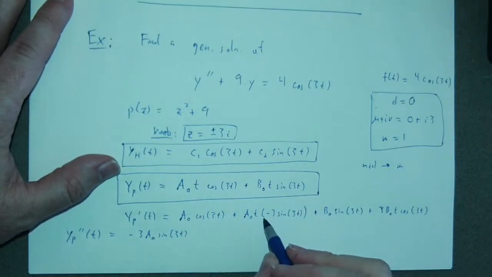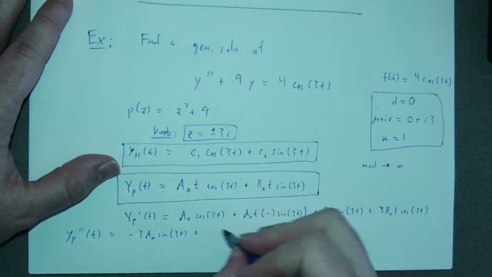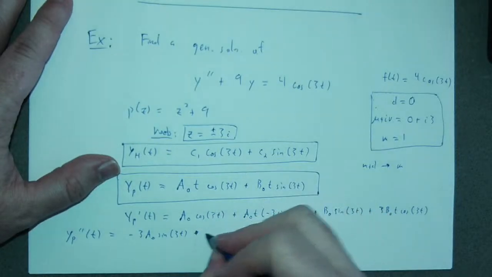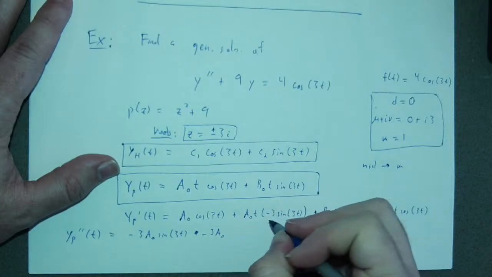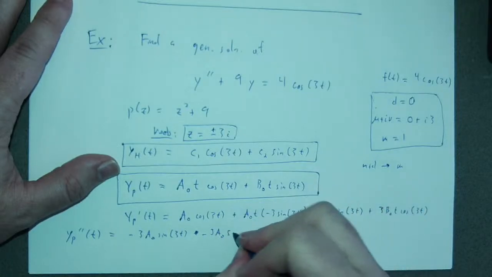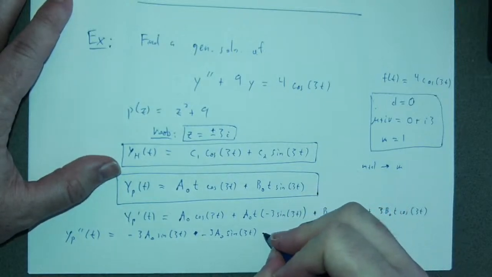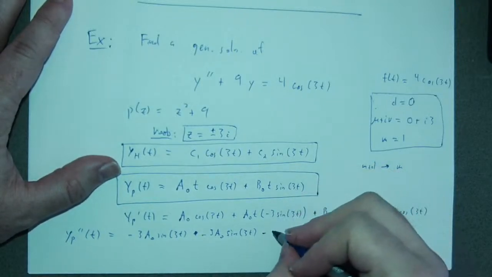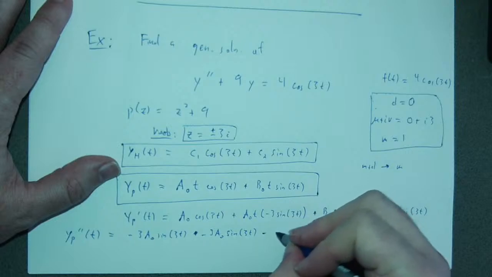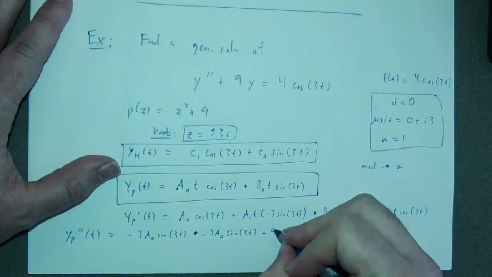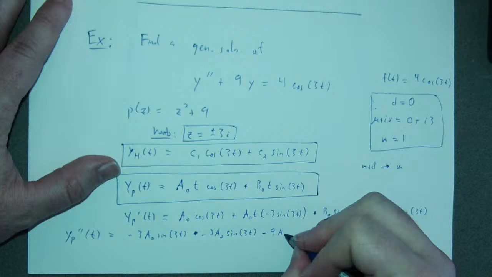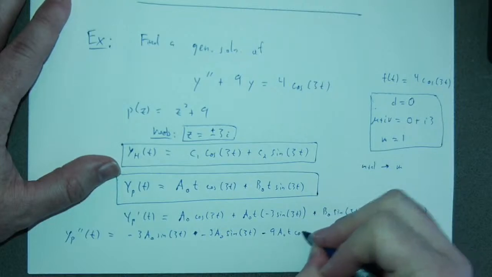So I would get, or maybe I should say minus, 3a naught sine of 3t minus 9 a naught t cosine of 3t